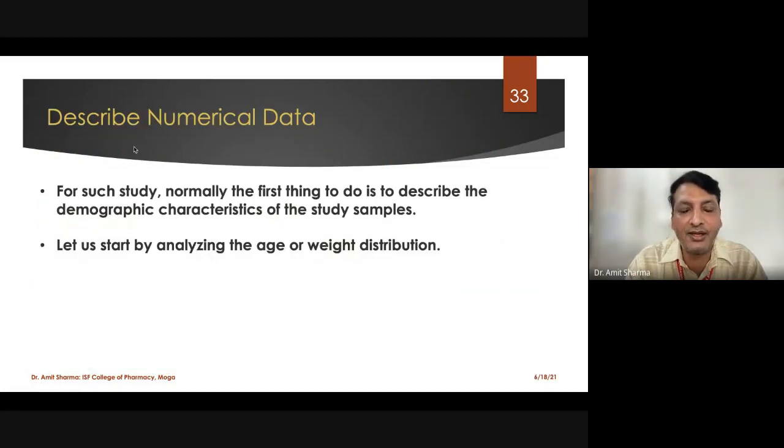So for that, what we have to do is check the normality, and the most common example is age and weight distribution. For example, if anyone is working on human beings, say you are working on a cross-sectional study, in that case you will find out the normality distribution of age. You are going to find out the normality distribution of weight. When the sample size is less than 10, then it is not required. When the sample size is more than 10, then we have to find out the exact normality distribution.